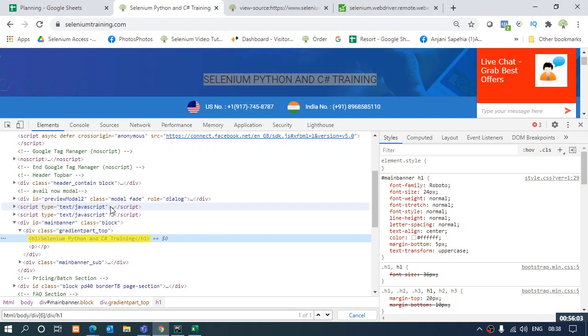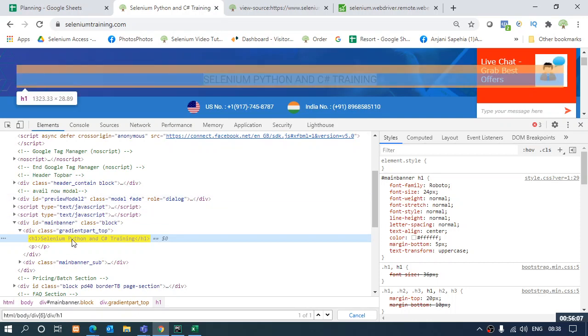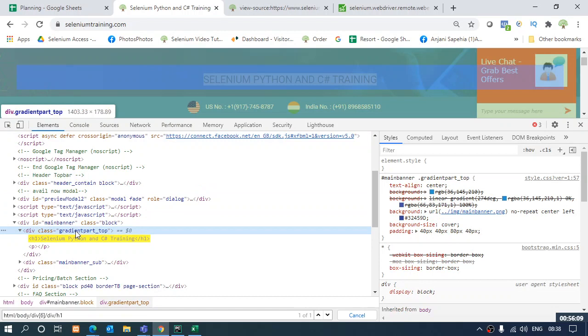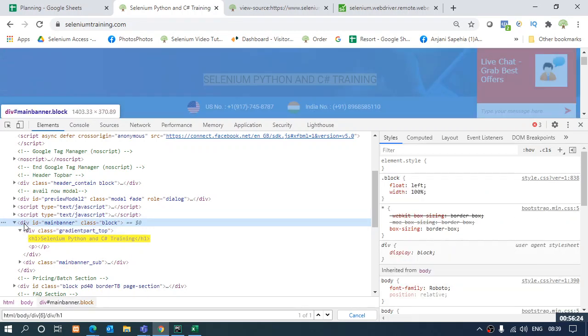So what will I do? I will move to the upper tag. What is my upper tag? This is my upper tag, div class. This is a div tag. It has an optional attribute class, so this is also not what I'm going to use. I'll move one step above to the upper tag. This is a div tag and it also has an optional attribute, that is ID. So this is the tag from where I will be constructing my partial XPath for this element.